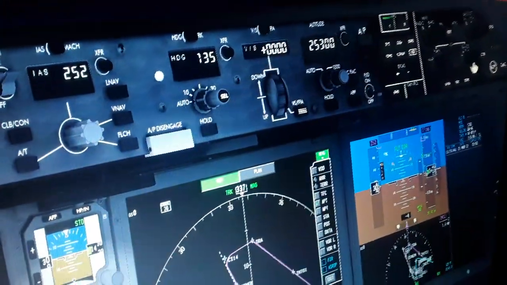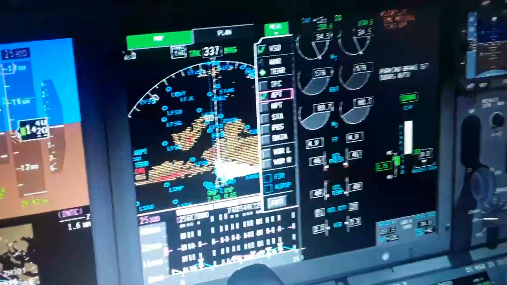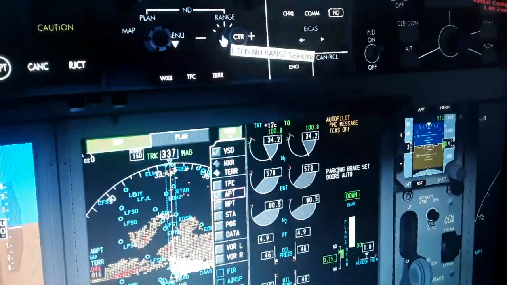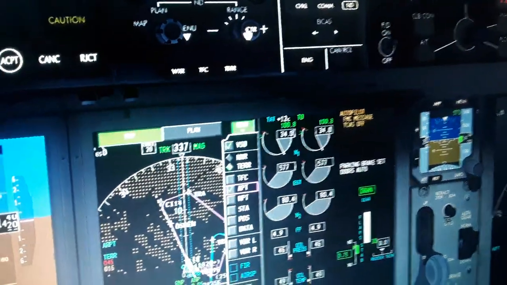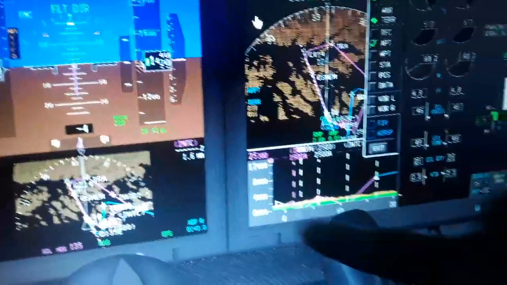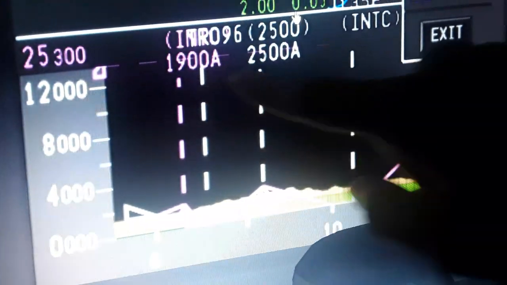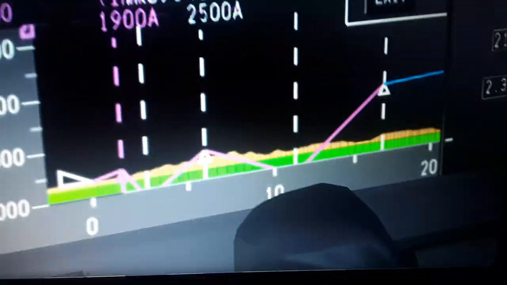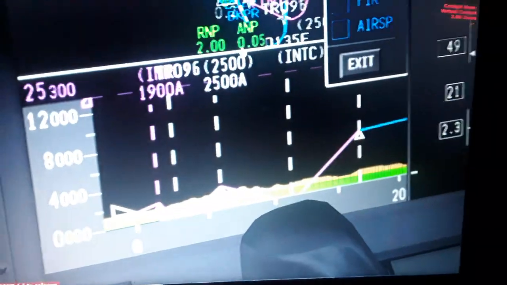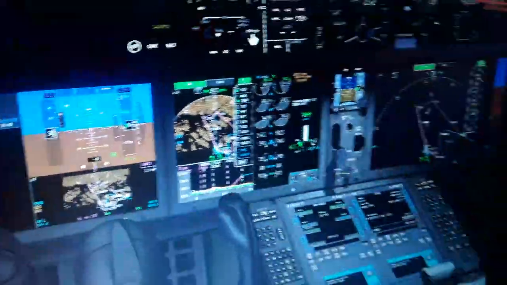The range here, you can adjust the range in this display. You can see the waypoints we have created. Flight plan. So maybe you can see the flight plan here better that we have to fly through. You can see the mountains here in front of you as you fly from takeoff. The distance they are located, also the waypoints we have to climb vertically. This display, the vertical deviation, and this is gonna be our waypoint path in the GPS as we're gonna fly